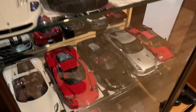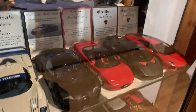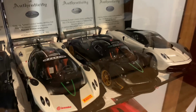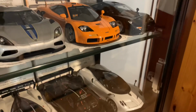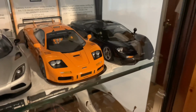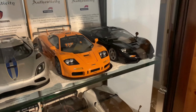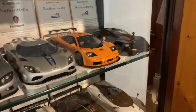So it wouldn't make sense, if you're new to the hobby, to start off at this end of the diecast spectrum. You would probably find it easier to start collecting the manufacturers that I've just showed you guys, so the Maystones, the Barragos and the Motormaxes, before moving on to these types of model cars, because you don't want to spend £600 on a McLaren F1 LM and find out that you don't enjoy it and you've just wasted an absolute ton of money. And well, you haven't really wasted it. You can always sell it for a good amount of money, but it's just a lot of money to start off with